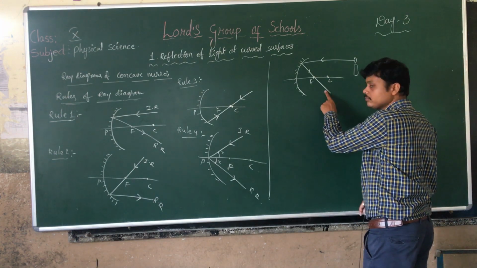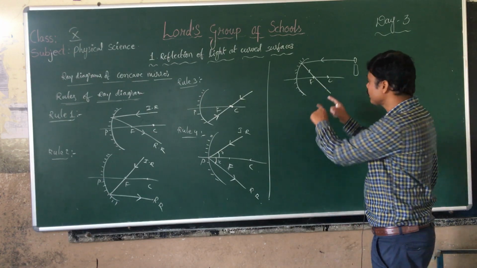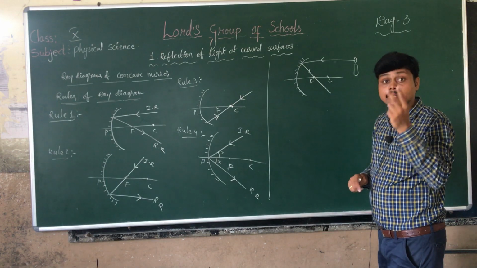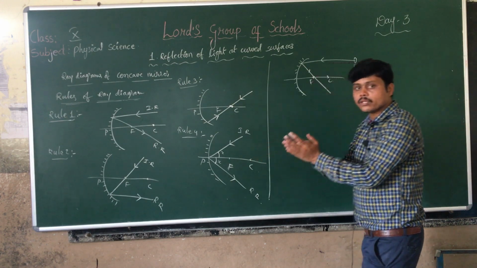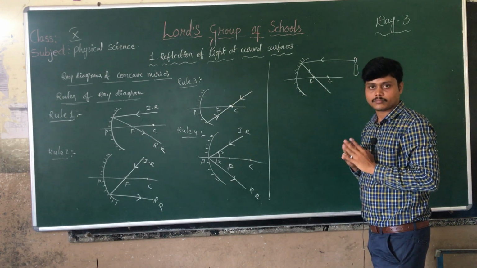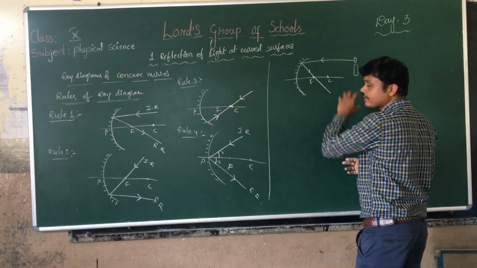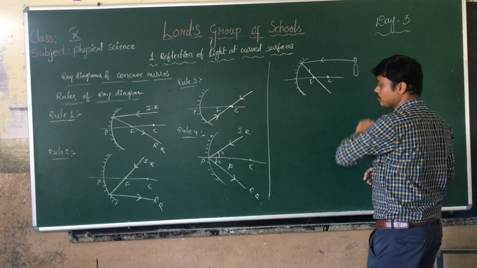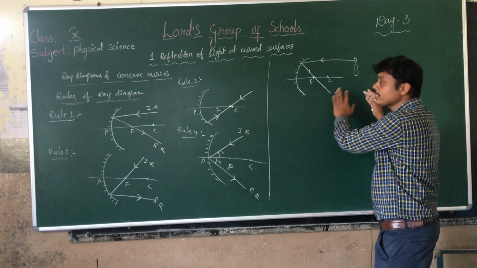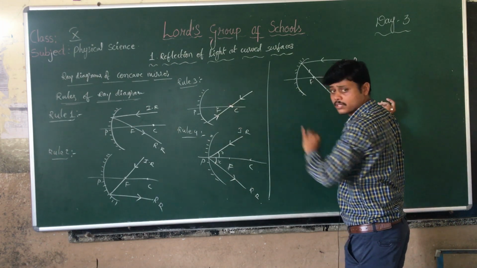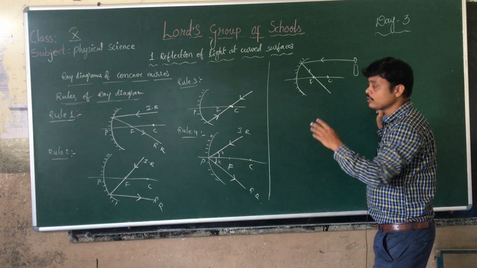So with one reflected ray, you cannot locate the image, you cannot catch the image on the screen. At least how many rays are compulsory to draw the ray diagram? Two rays. Out of 4 rules, you can take any 2 rules. There are 4 rules, no? From among these 4 rules, you take the help of any 2 rules and draw the ray diagram. I have taken this case here with only one light ray. So one light ray is not enough to locate the image of this object, because there are 4 rules, and we use any 2 of them to draw the ray diagram.